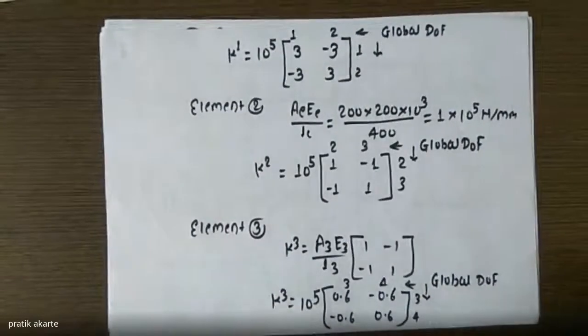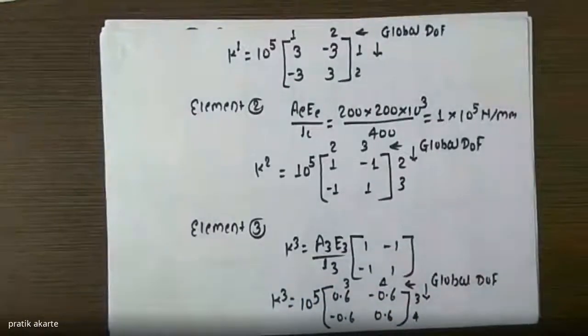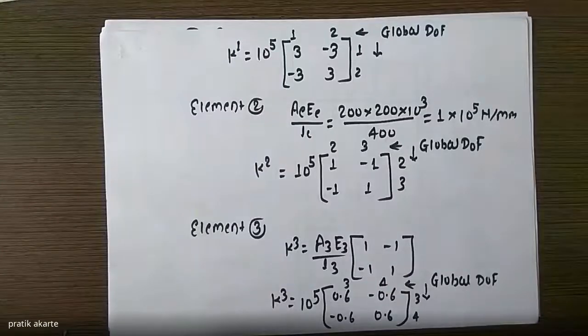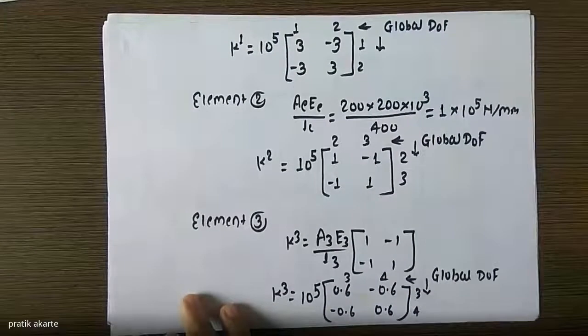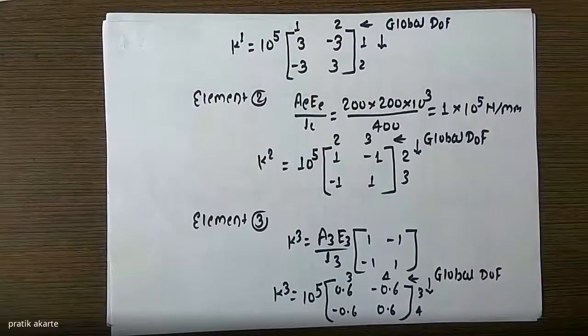Okay, so we have formulated the element stiffness matrix. Now, we should note that there are four nodes and each having 1 degree of freedom. 1 degree of freedom means each node is able to move in only one direction. Thus, there are in all 4 degrees of freedom, and the element stiffness matrix will be your 4 by 4 matrix.